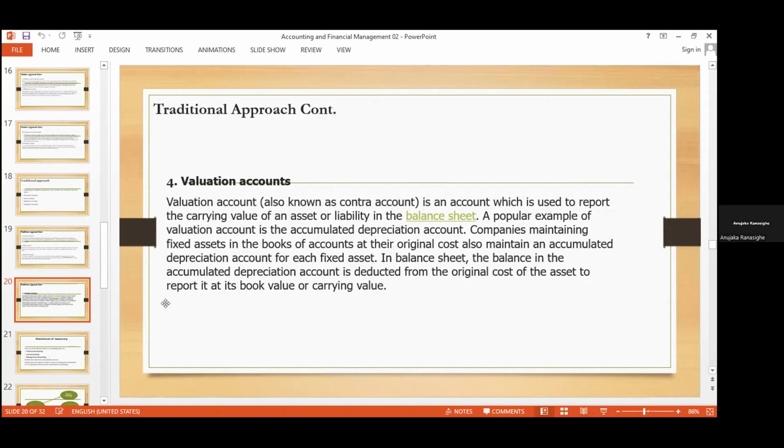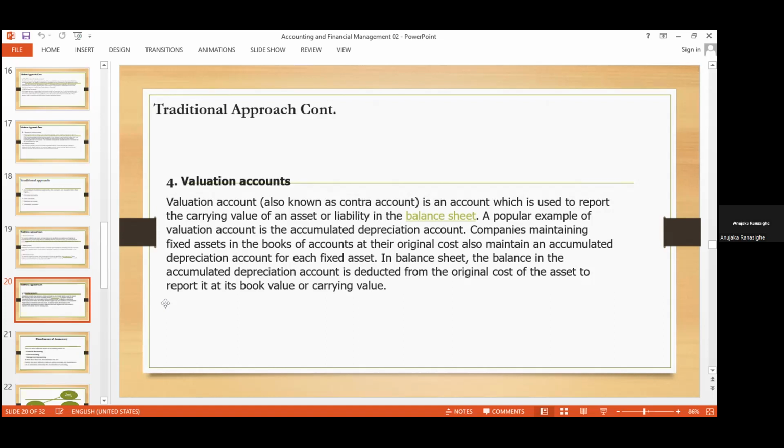Depreciation means assets, we have a depreciation annual wise. All the depreciation amounts in depreciation transactions enter into the valuation accounts